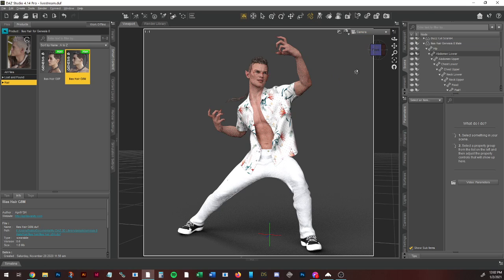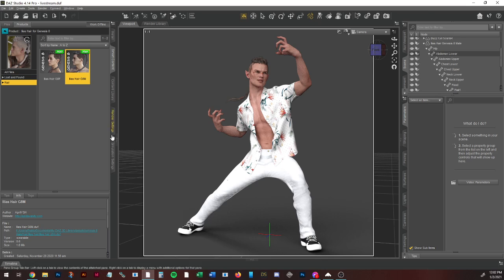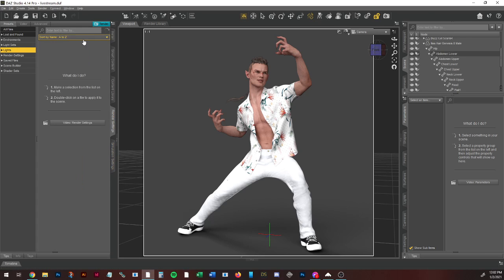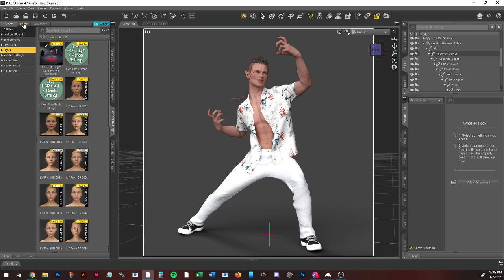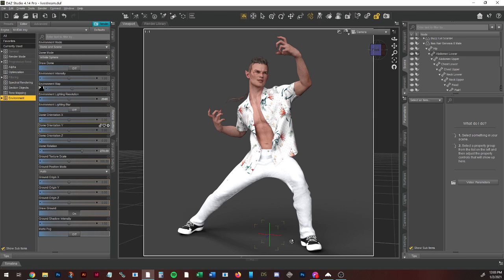So there's our dude. His hair looks so dumb, but we're gonna keep it. And at this point, this is where I would go in and start messing with lighting. I'm also going to, I don't want that ground shadow,